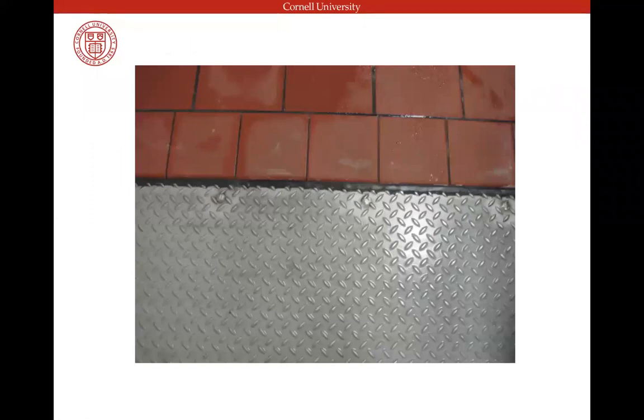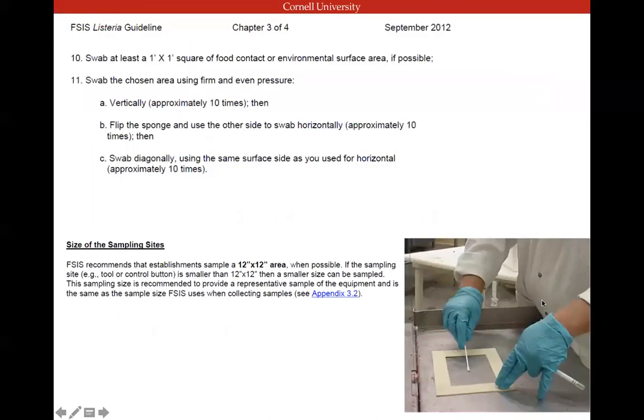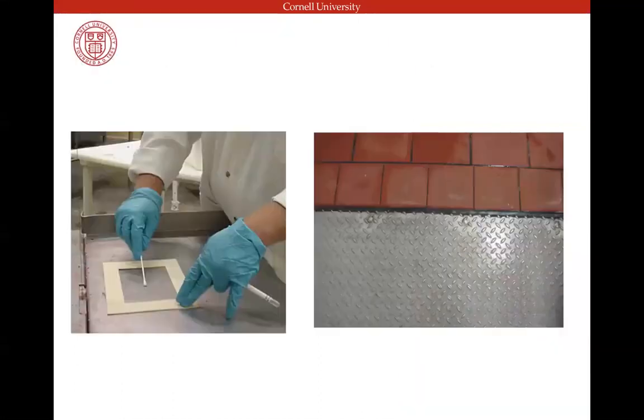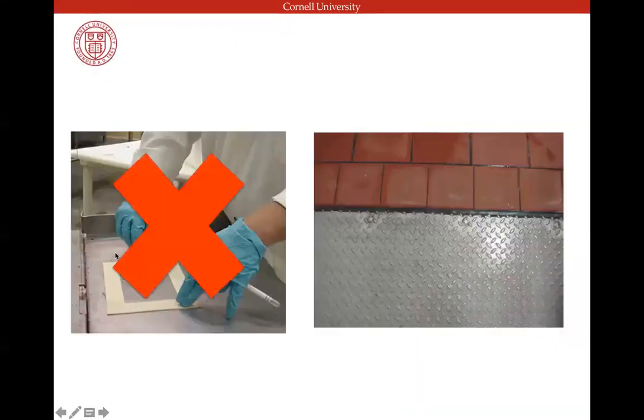So when you're thinking about a surface like this, it's easy to think about swabbing like a 1 foot by 1 foot area. But we really discourage that, because when you're told to do 1 foot by 1 foot, you sort of pick a side here, and get your 1 foot by 1 foot. But what we really want is the place that's most likely to be contaminated and most likely to survive cleaning and sanitation. And so in this picture on the right, that area is really the crack in between